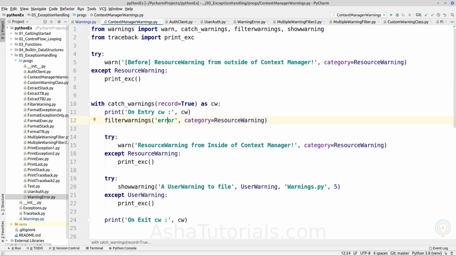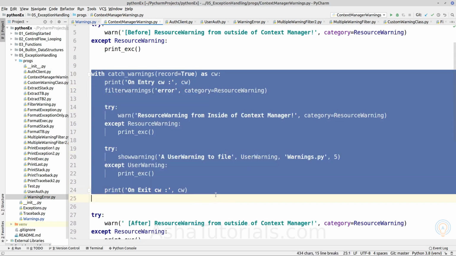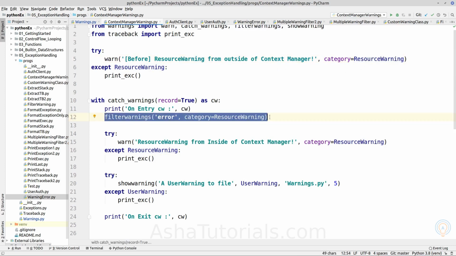Here we are raising a resource warning before and after the context. So this is the context. We know by default resource warnings are ignored, and inside the context we are adding a warnings filter to convert resource warning into an error.